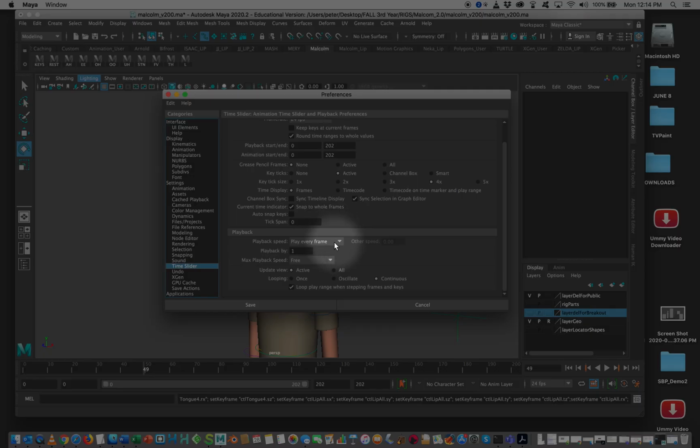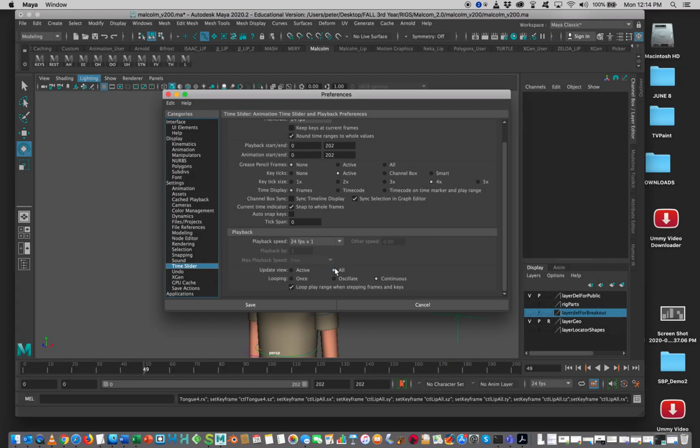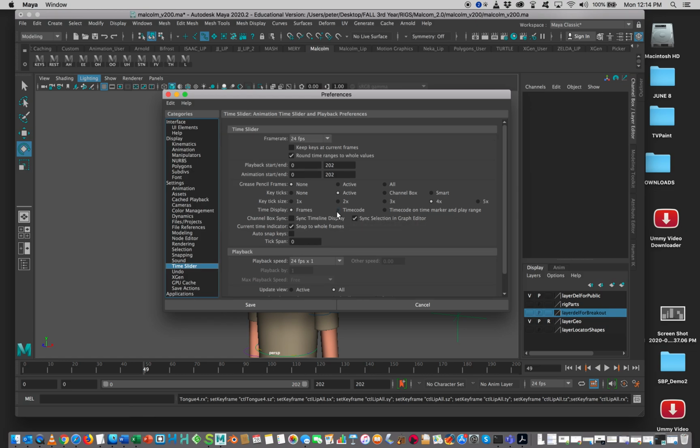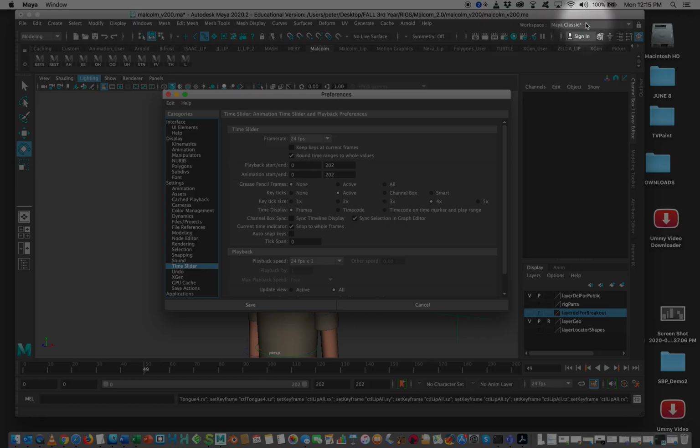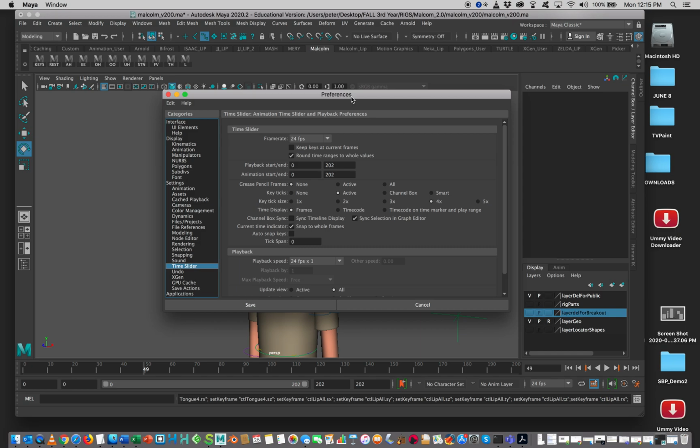So very first thing with audio, as you remember, play every frame. No, we're going to 24 frames. Update view, always go to all windows in case you're using 4 windows, which you should be in the habit of doing. And I don't see a way of changing the size of the timeline anymore. It may have shifted. There may be another way of doing it. I don't know. Maybe there's another view up here in the point of view. I just don't see it. Anyway, doesn't matter. So this is all fine. I'm happy with this, and I'm going to go back to just the smaller tick size for the keyframes and